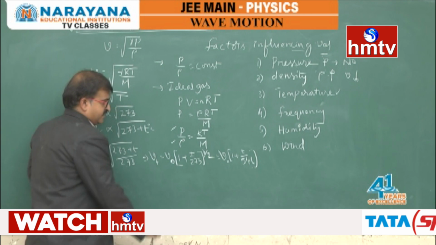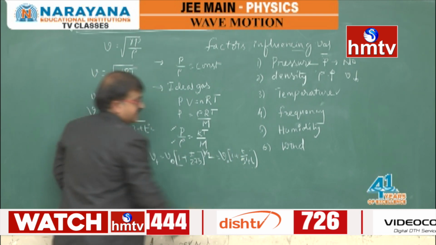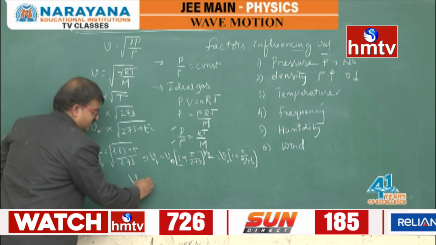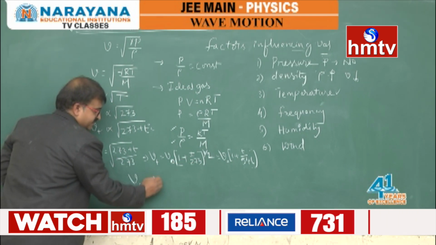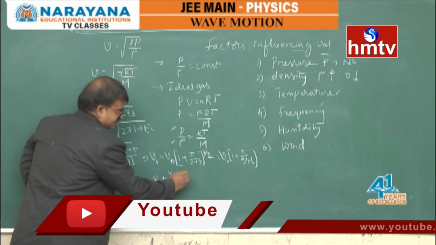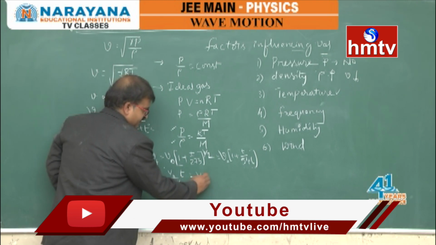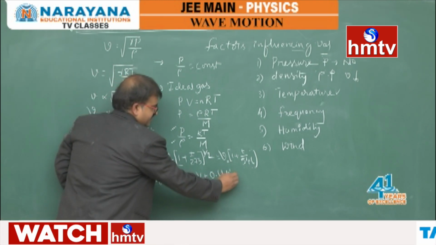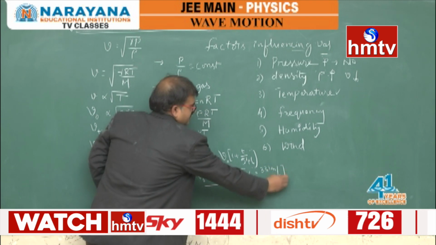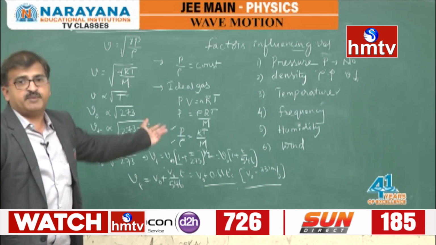Then we'll get this value of half coming into it. So 1 by 2 into t by 273, we will get V naught into 1 plus t by 546. So finally we can take this V naught value, if it is multiplied, V naught plus V naught by 546 into t. If we take the V naught value and substitute, V naught plus 0.61 degrees t degree centigrade, provided V naught is equal to 331 meters per second. So this is how it varies with the temperature.